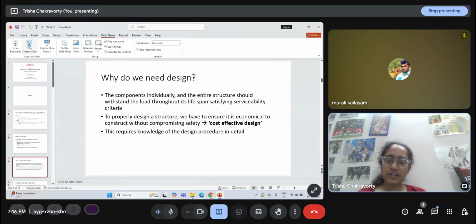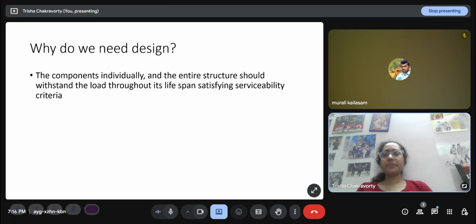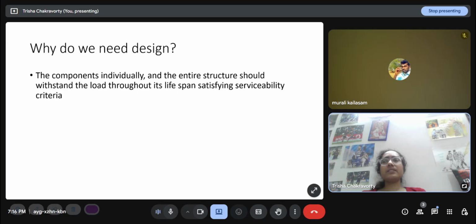The components individually and the entire structure should withstand the load throughout its lifespan, satisfying serviceability criteria. So, withstanding the load is about the ultimate collapse states, the ultimate or collapse limit states. Serviceability criteria are the serviceability limit states, and a lifespan of the structure has to be mentioned because today, if I draw a stress strain curve of a material, there is no guarantee that 10 or 20 years into the